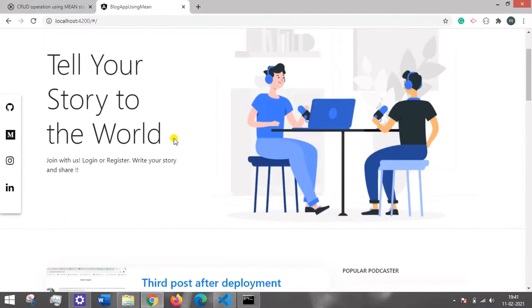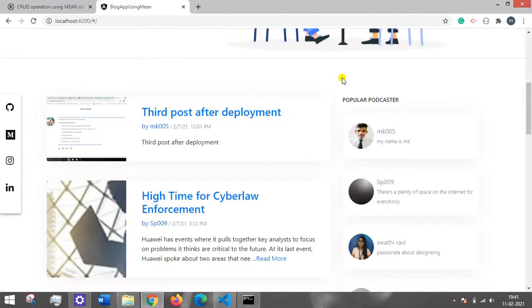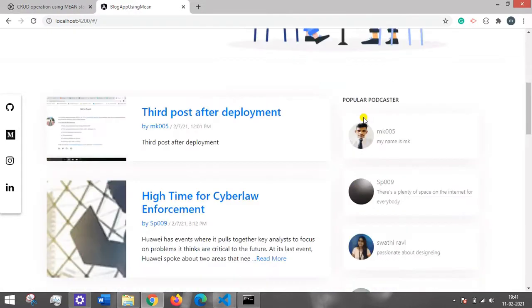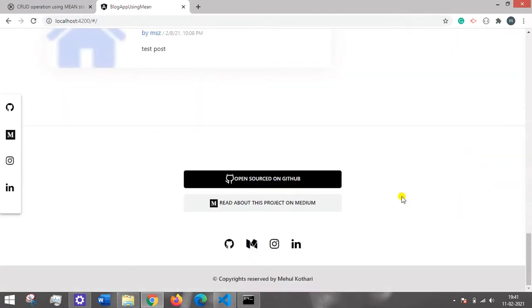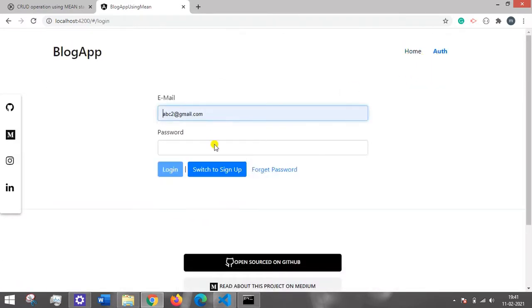So in this video tutorial, I'm just going to talk about one of my applications that is using CRUD operation in Angular and Node. So this is a complete MEAN stack app which is a blogging kind of application you can see on my screen. This is the application created by me in Angular and Node, and the database I have used is MongoDB. So it is a MEAN stack app. We'll discuss all these things, like what is MEAN stack and all the other stuff, but let's go through the app first for a second.